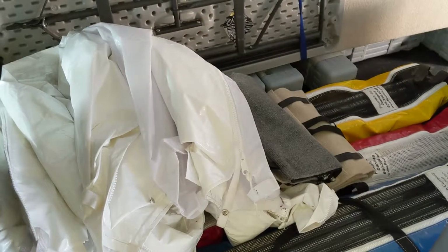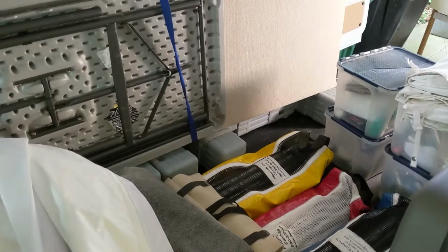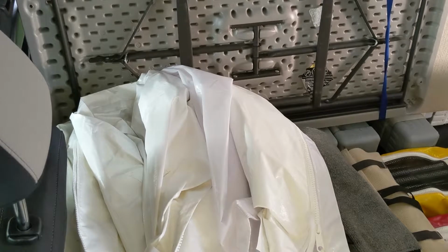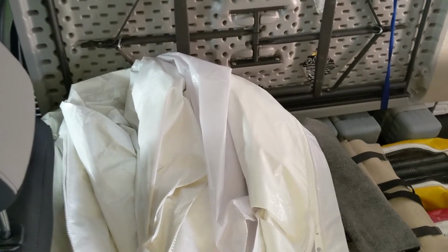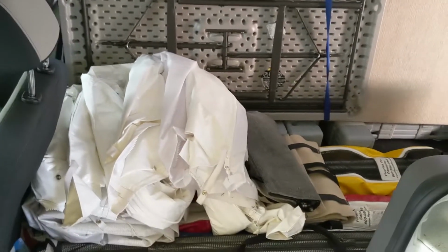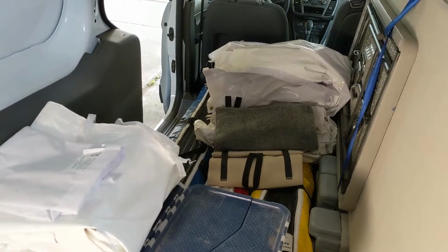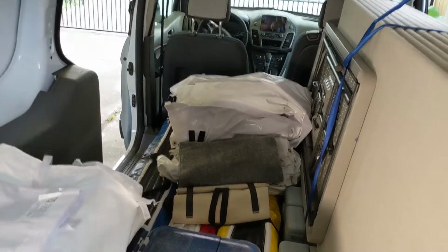Well, here's the situation. So all the tent, panels, table, and tent related stuff are loaded. So a note about the walls. If you fold them up really nice like a sheet, they will fit much better. If you have the space, one thing you can do is, when I put them up, the first thing I do is roll them up so I can continue working on setting up the tent. Here's the back view. For that reason, I've left them rolled up. You could probably squeeze everything in, but